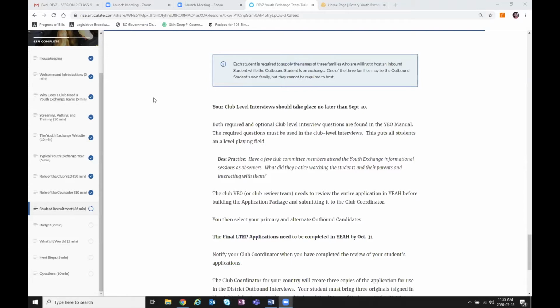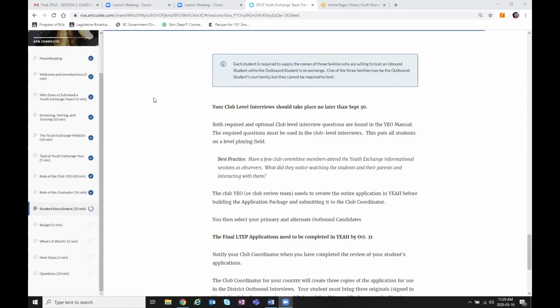One comment on that one is, yes, as part of the process that you go through at the club level, contact those 3 host families and see if they truly are interested in hosting. Good point. I had a situation a few years back where someone wrote down the names, but the people were not actually interested in hosting. So that didn't bode well for this individual at the end of the interviews.